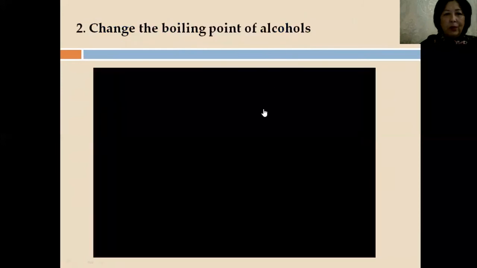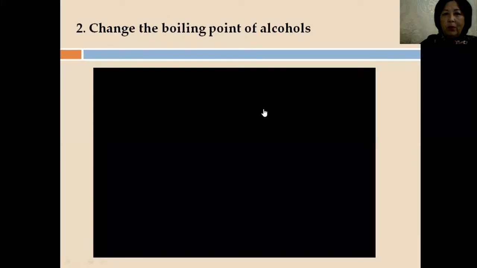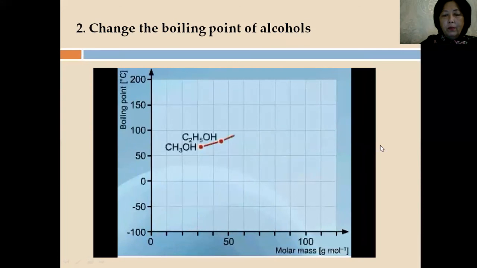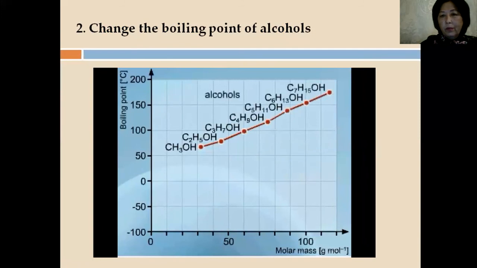In the next video you will see the change in the boiling point of alcohols. In the homologous series of primary straight-chain alcohols, the boiling points systematically increase with increasing molar mass. As with other compounds, this is due to the increasing size of the molecule and, at the same time, increasing intermolecular dispersion forces. However, alcohols have distinctly higher boiling points